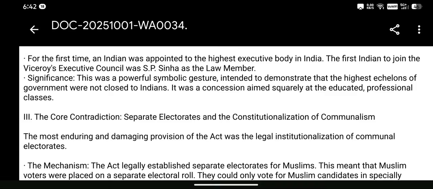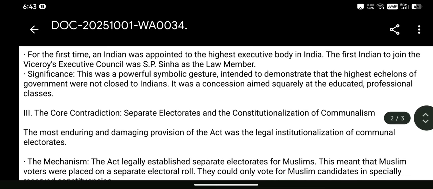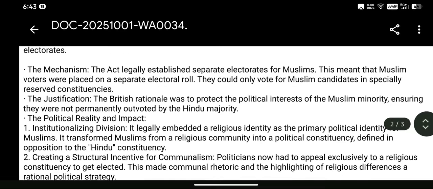The mechanism: the Act legally established separate electorates for Muslims. This meant that Muslim voters were placed on a separate electoral roll. They could only vote for Muslim candidates in specially reserved constituencies. The justification: the British rationale was to protect the political interest of the Muslim minority, ensuring they were not permanently outvoted